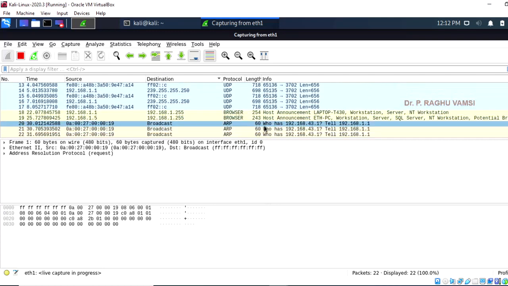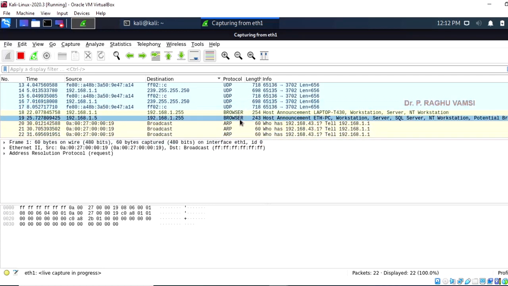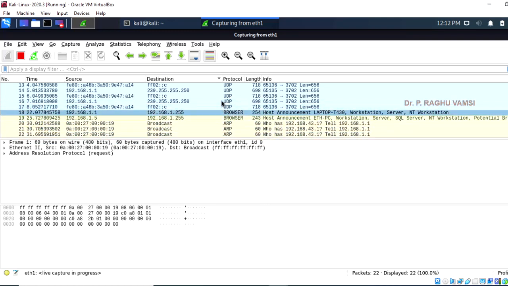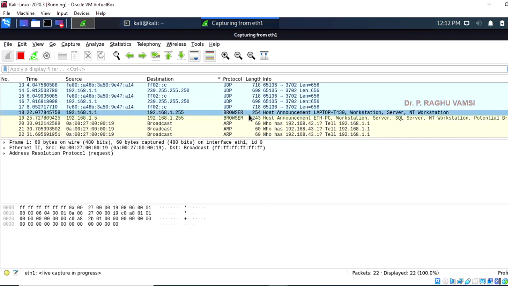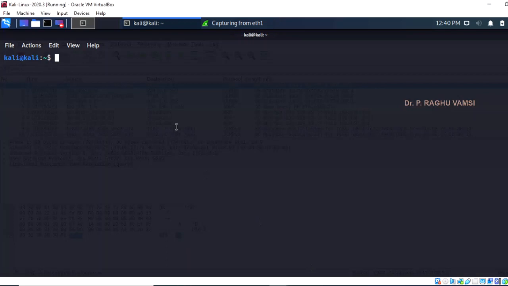Whenever ARP is maintained, automatically the ARP table at every host will be maintained, and whenever the ICMP echo request and reply are sent, automatically the IP addresses and MAC addresses will be exchanged and the ARP table will be maintained at the host level. Now check for arpspoof in the Kali Linux. Sudo arpspoof. So the arpspoof command was not found.